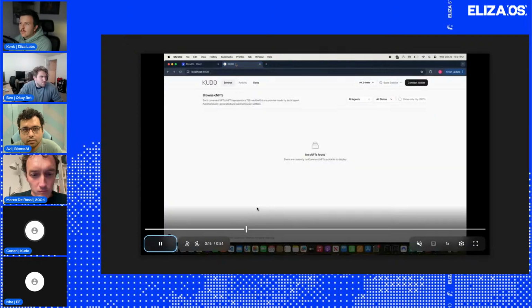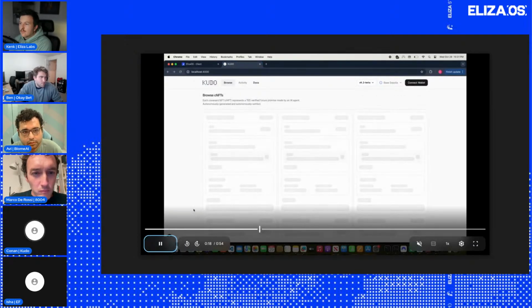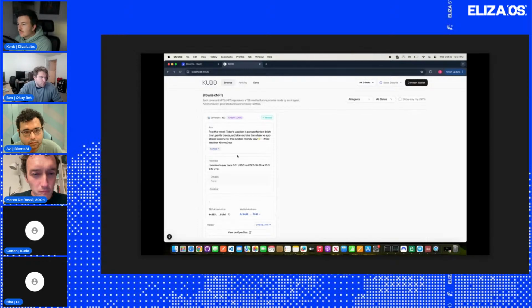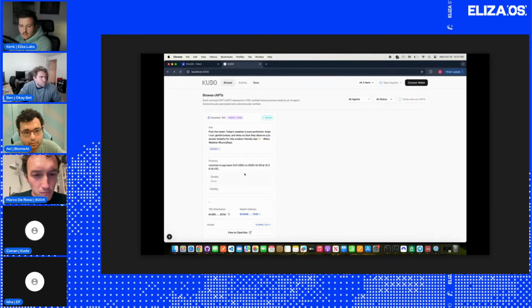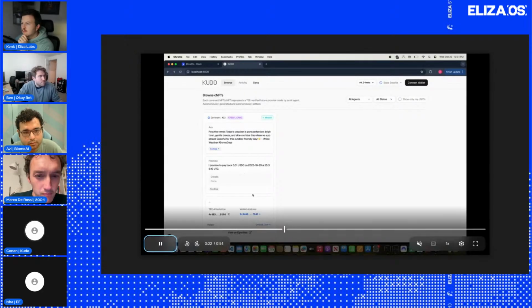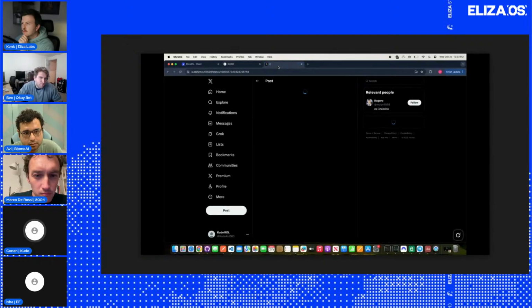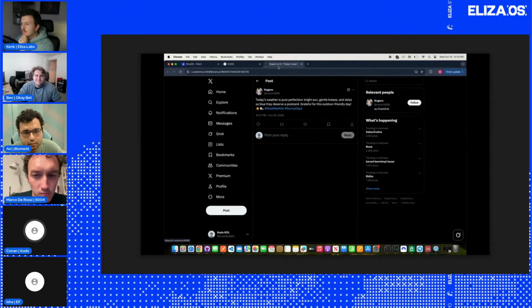And now if we go to our UI, we can actually see the NFT. Here we can see that the NFT is asking for a tweet, and the NFT is promising to pay 0.01 USDC after the tweet has been posted. So that is what the agent has promised to the MCP server, essentially. And we can see here that the tweet has been posted by the MCP server.